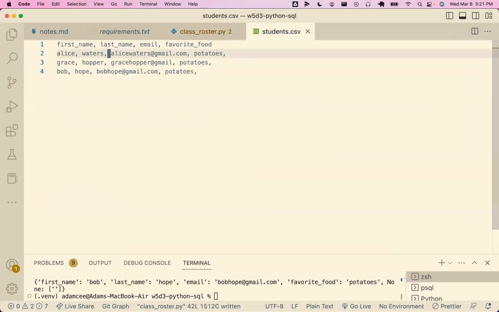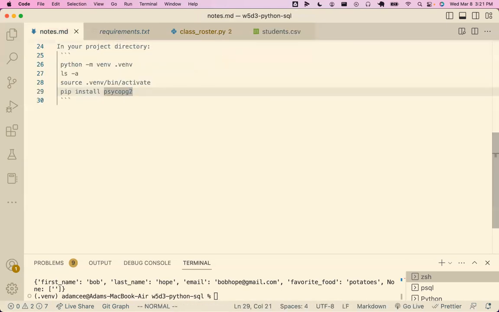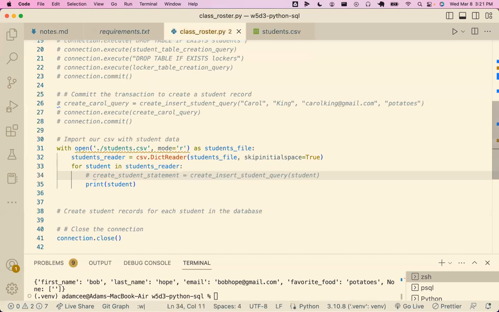Let's go back to our CSV file. And let's say that instead of, how can we mix this up so that we're doing something a bit more interesting? We could have it be the name is just one column and we have to break that up. That's not a bad one. I think that's actually a classic challenge. Let's do something like this. And let's call this food instead of favorite food. And now if I go back to my Python file,